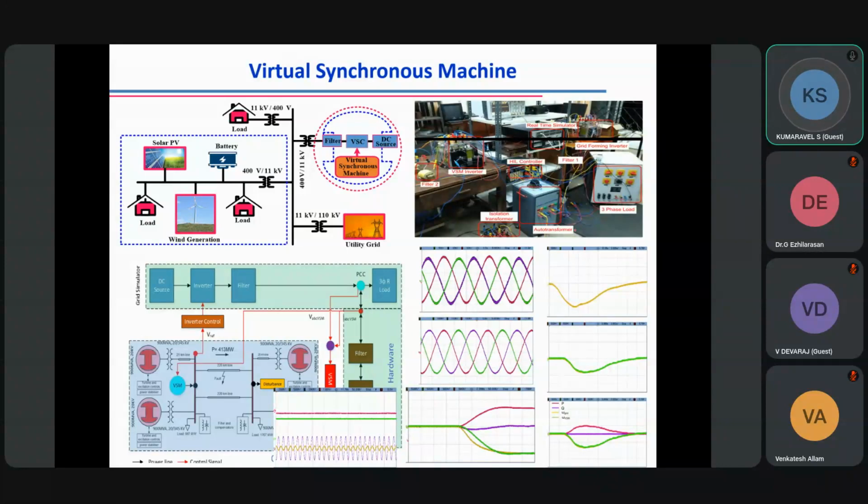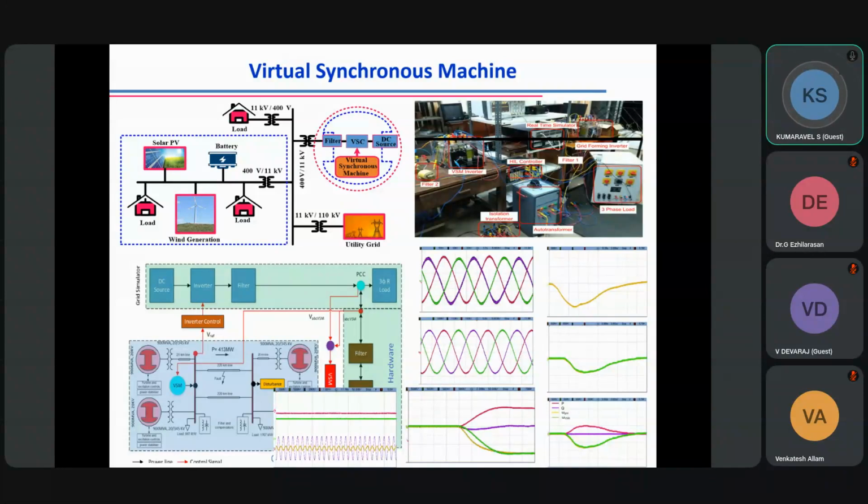You can use machine learning, you can use fuzzy logic, any one technique you can use so that the performance of the system can be improved